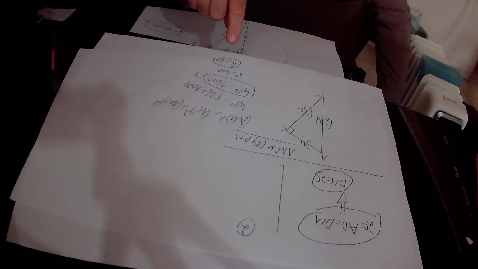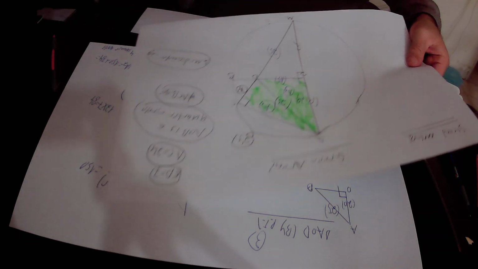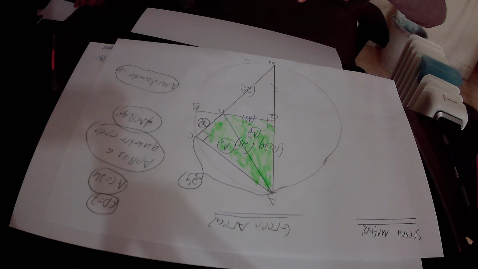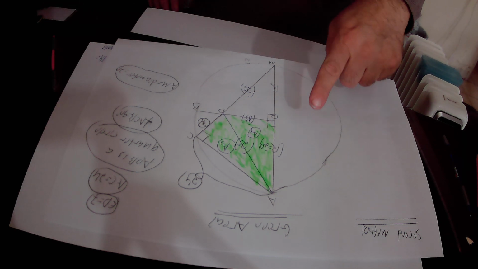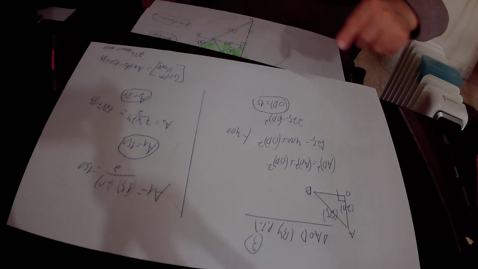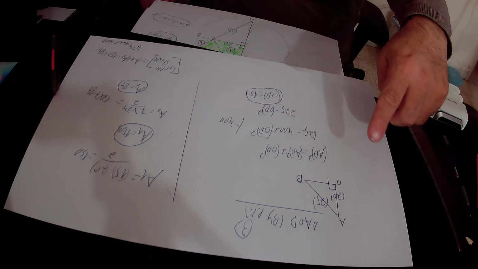We took the root of this equation, and finally we found that R equals the square root of 400, that is 20. Here R, the radius of this circle, equals 20 units in length. Then we implemented the Pythagoras theorem on the right triangle AOD. On the right triangle AOD, AO is the radius that is 20, AD is 25, OD